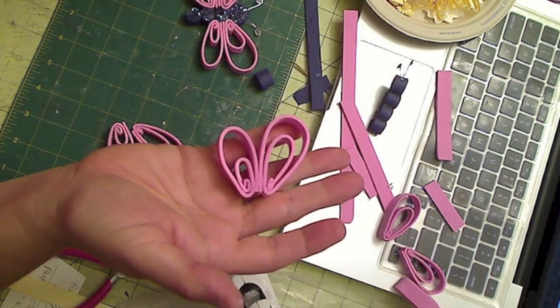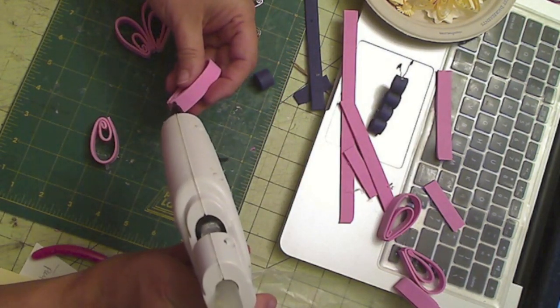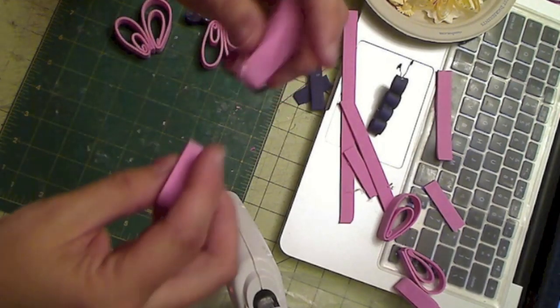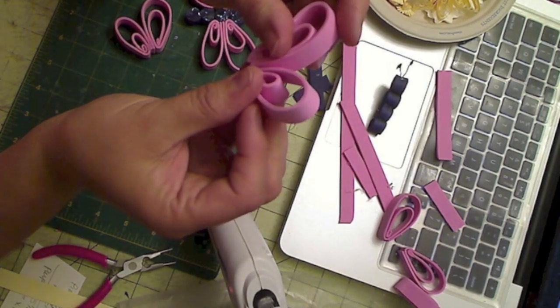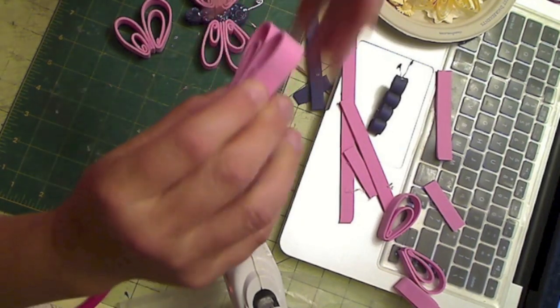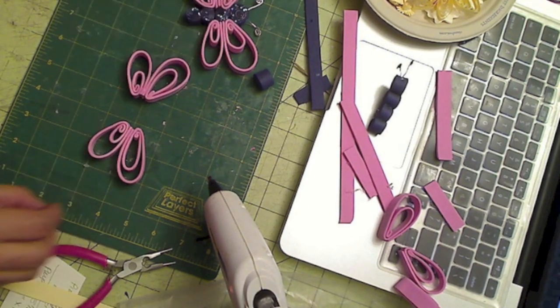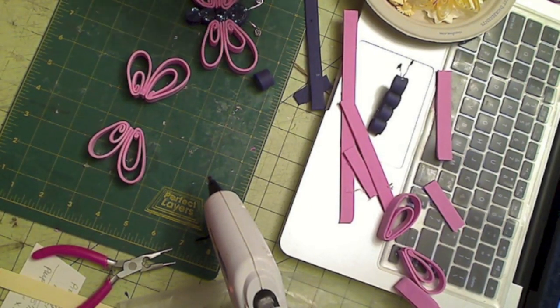And that creates one set of wings. I'm going to do the same thing here. Put a little bit of glue at the end. Take this one, put it together, and hold it. Okay, we're almost done. So there you have your 2 wings. Now you're going to take,